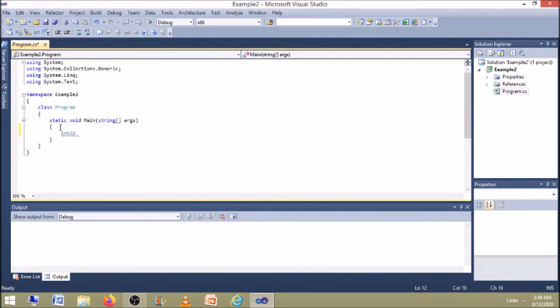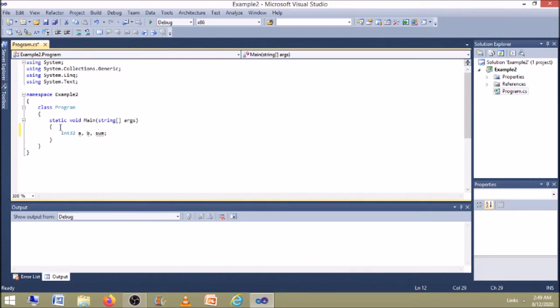Now we can include the variables whatever we need for the source code. To add 2 numbers, we need 2 variables to store the values, and we need one more variable to store the answer, the added value. So here I declare 3 variables: a, b and sum.